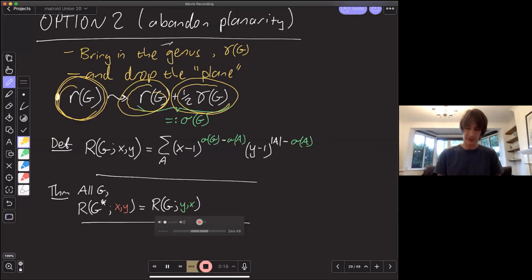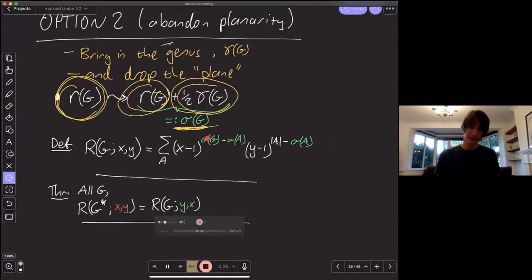And if I call this my sigma of G, just to give it some name so I don't have to keep writing this, and I take my definition of the Tutte polynomial where I had a rank, and replace that with sigma, I get a new graph polynomial down here.